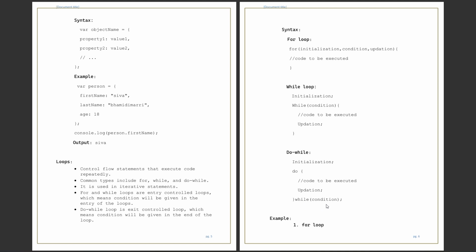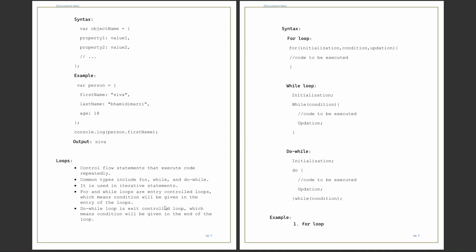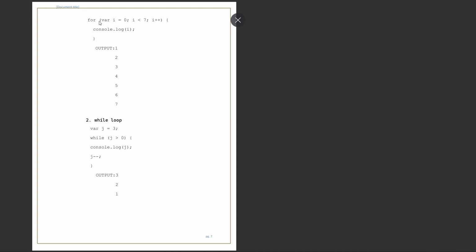Example for loops. For for loop, variable i equal to 0, then condition i less than 7, increment or decrement i plus plus. Here console.log i, then the output is 1 to 7 numbers. For while loop, variable j equal to 3, given while condition j greater than 0, console.log j, then output is